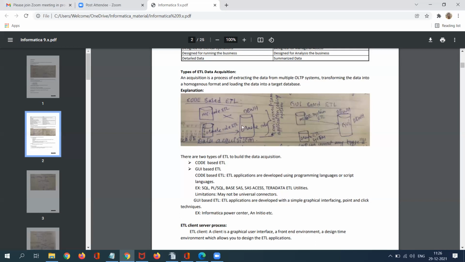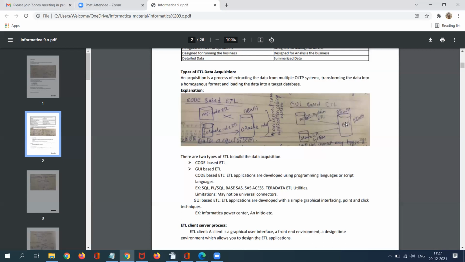It does not help us load multiple and different source data, or technically non-homogeneous sources data, into one particular relational data warehouse. This is where GUI-based ETL, graphical user interface, comes into the picture. A graphical user interface will help you integrate multiple and different sources data into one particular target database, or data warehouse.